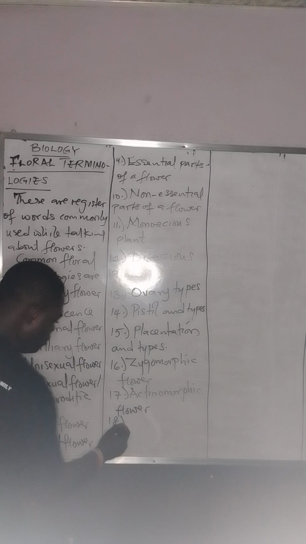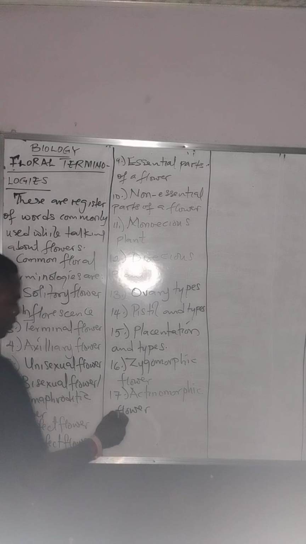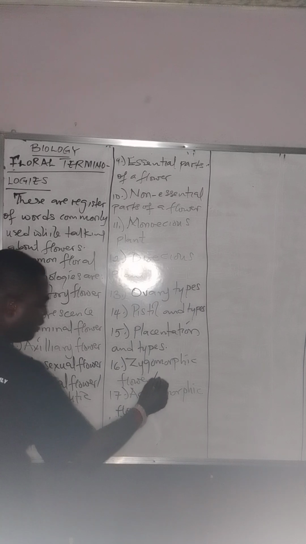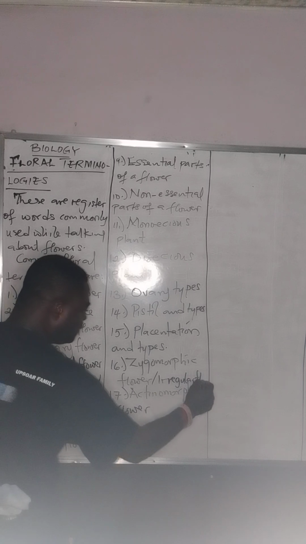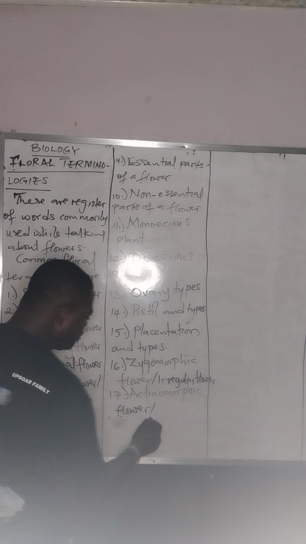Number 18, another name for zygomorphic is irregular flower. Then the other one is regular flower. So these are the few we have to talk about, and we have to be talking about them one